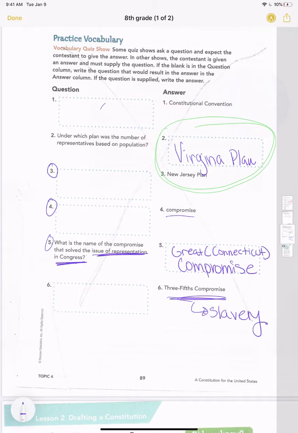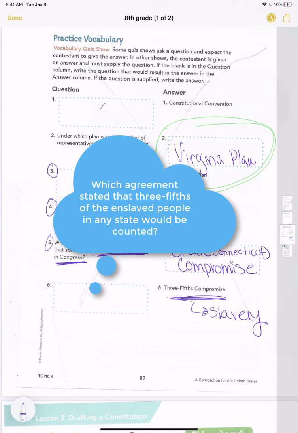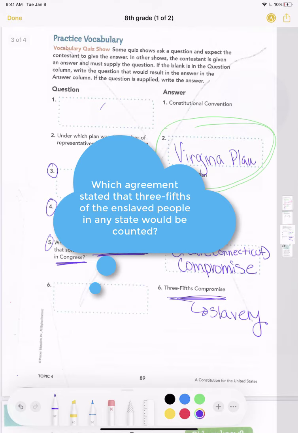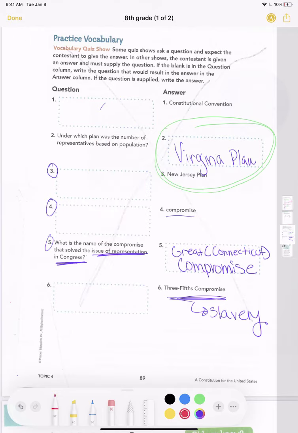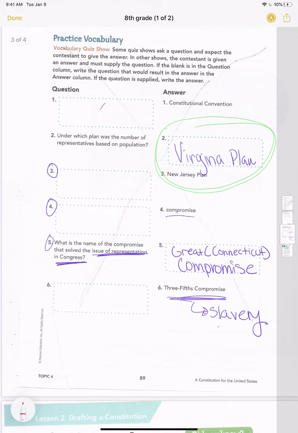So I would turn, once again, my definition into a question. My question will be, which agreement stated that 3/5 of an enslaved person in any state would be counted? All right. And then we all know, based on what we learned later on, that slavery would be abolished